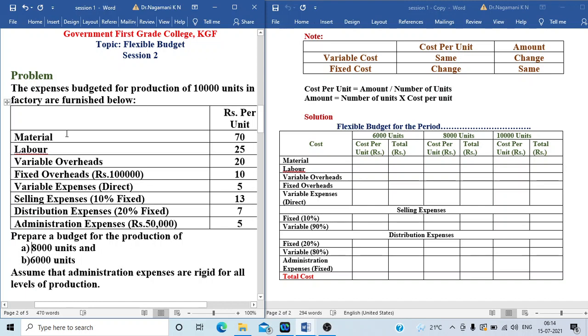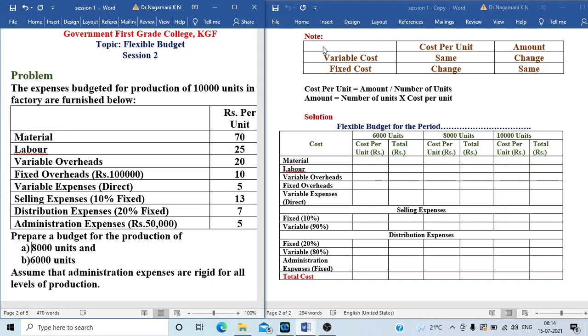Before going to solve the problem, first we should identify what are the fixed cost and what are the variable cost. Material, labor, variable overhead, these three are the variable cost and fixed overhead is the fixed cost, variable expenses is the variable cost, selling expenses 10% is fixed and 90% is the variable. Then distribution expenses 20% is fixed and 80% is the variable. Then administrative expenses is fixed cost. Okay, now